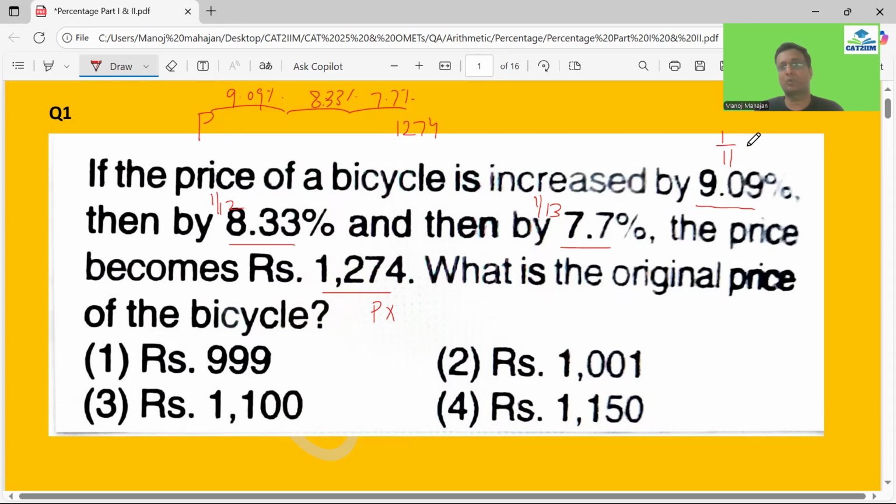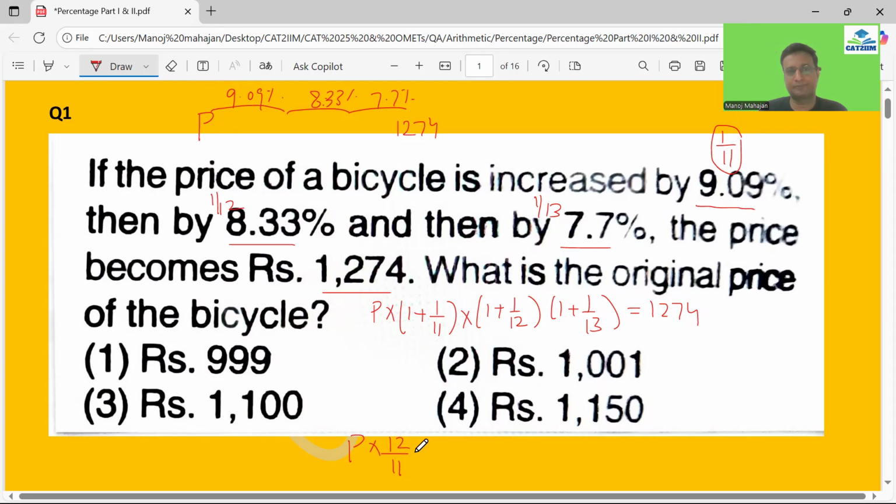When I'm increasing by 1 upon 11, my multiplying factor becomes 1 plus 1 upon 11. Next would be 1 plus 1 upon 12. Next would be 1 plus 1 upon 13. And ultimately, this becomes 1274. So what are my factors here? 12 by 11, then 13 by 12, then 14 by 13. Things are going to simplify easily, as 12 will cancel out and 13 will cancel out. So my price is nothing but